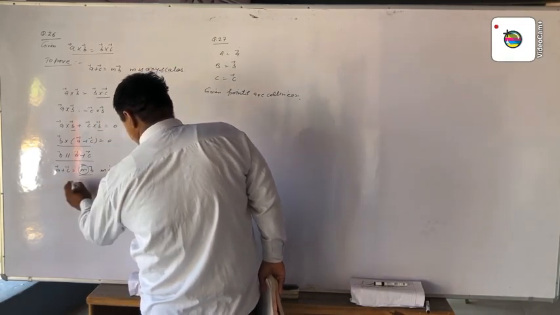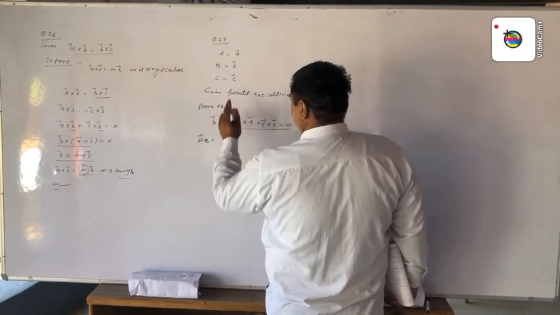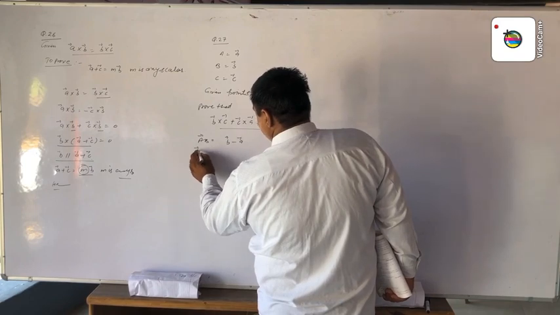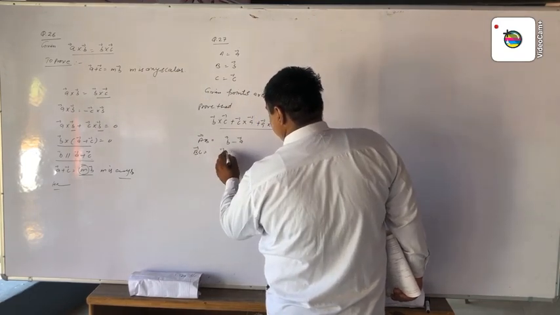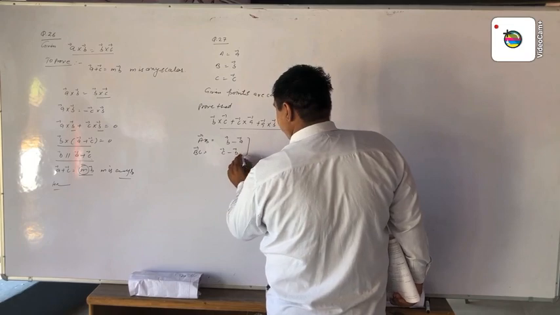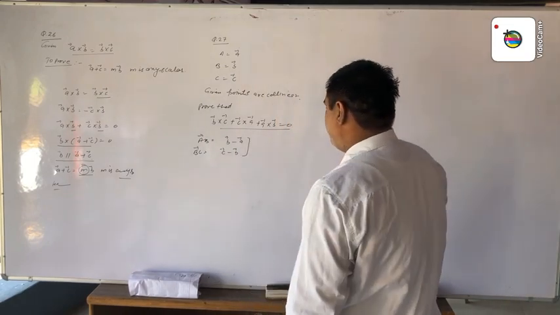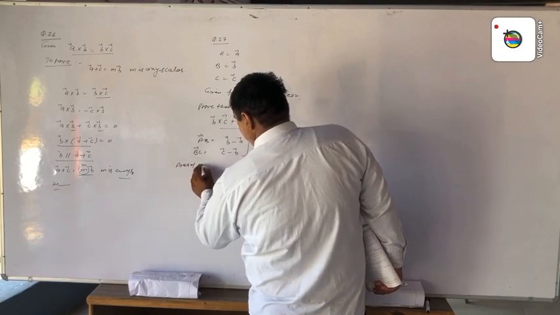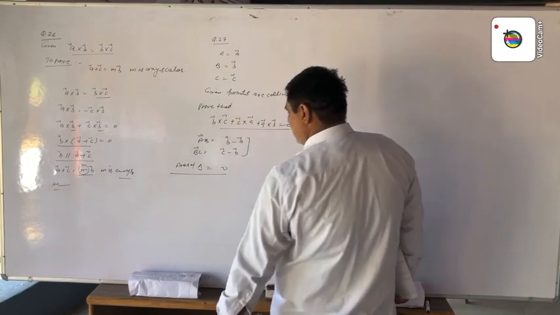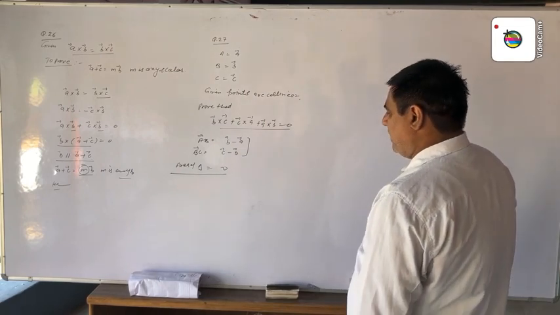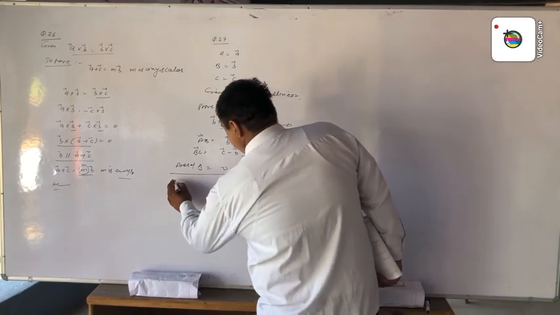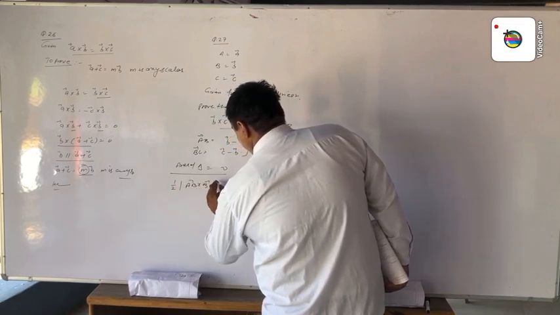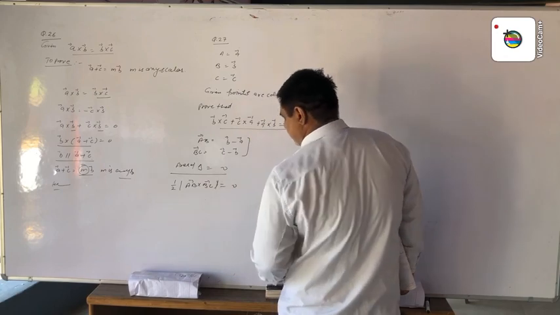Now we prove that. Here AB means vector B minus vector A, and BC means vector C minus vector B. These are the position vectors of these two vectors. Now given the points are collinear, then the area of the triangle is equal to 0. When the points are collinear, it is the result that the area of the triangle is equal to 0. Now the area of the triangle is 1/2 of AB cross BC equal to 0. The magnitude of this is equal to 0.